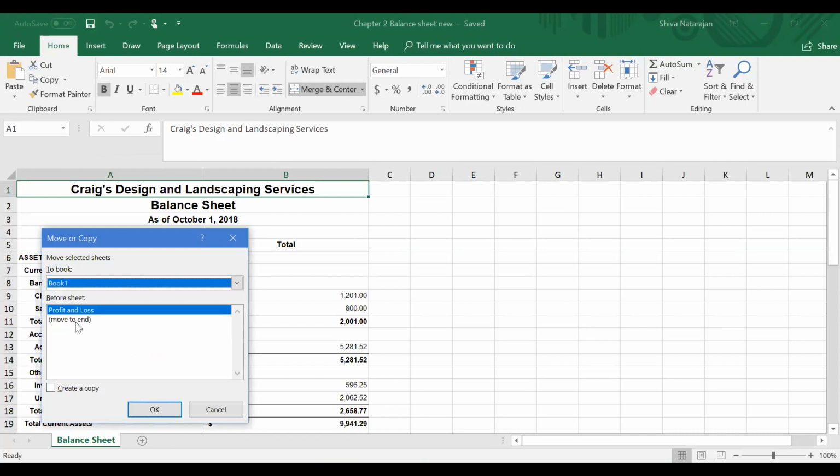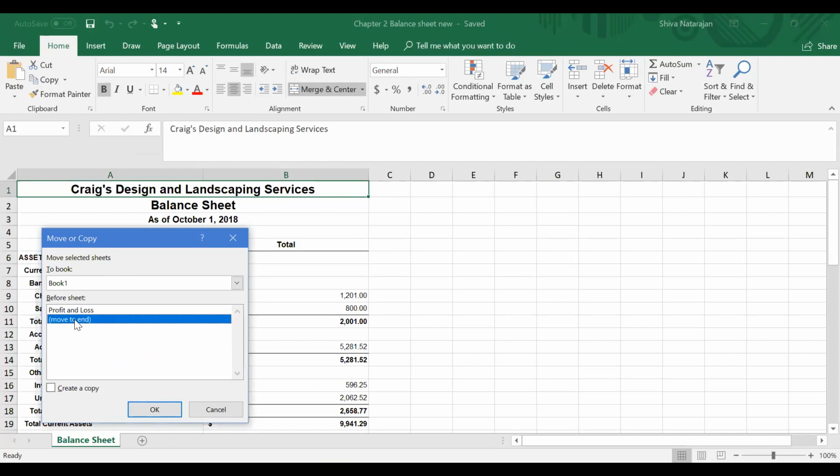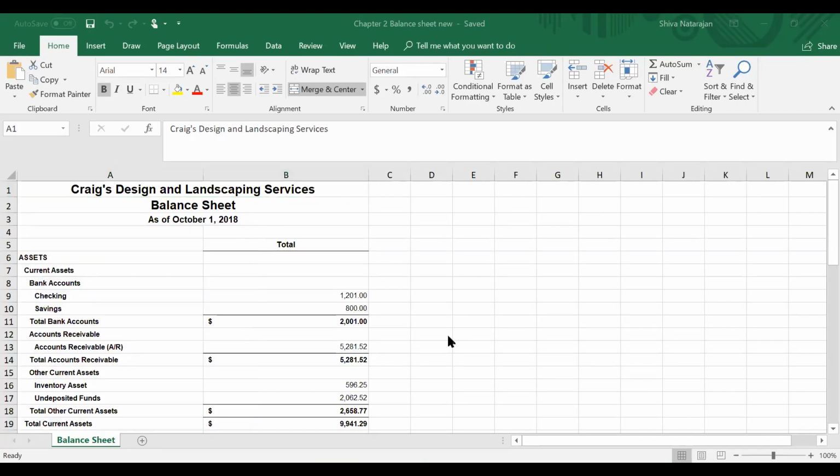So I'm going to move the balance sheet also to the same book. If you look here, this book already has the P&L in it. And then I'm going to move the balance sheet, say move to the end, create a copy, and click on OK. So now my book 1 has the P&L and has the balance sheet as well.